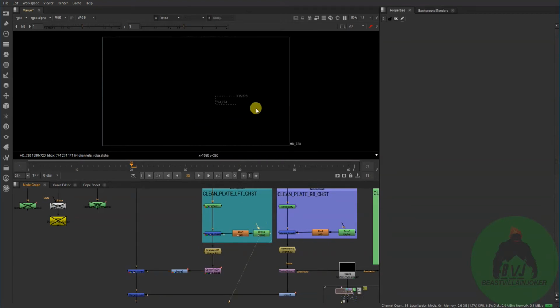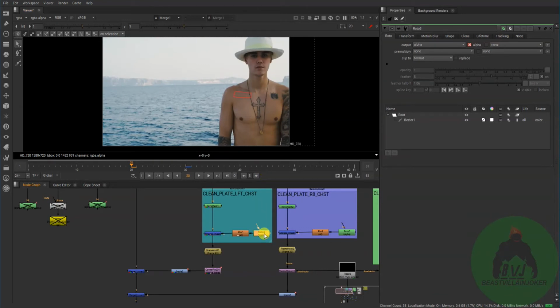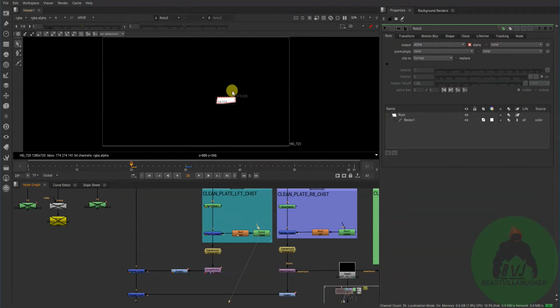And I have rotoed it just because I want the alpha information and I want to show this information from the skin. So I take that information from the roto node. I have taken the alpha that you can see, and from the Rotopaint node I take the RGB information from it.